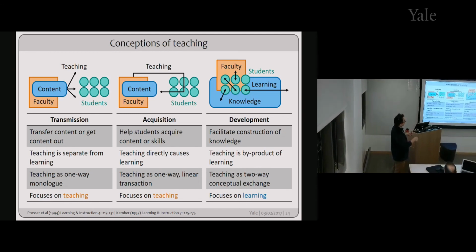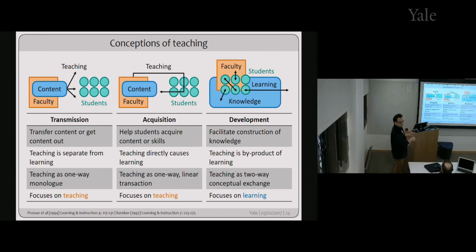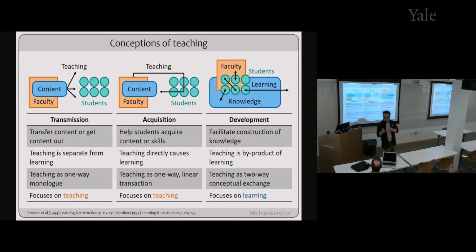because the faculty holds all the knowledge and content and skills, I have to teach it so that the students can learn it. Right, in the last one, where learning is really sort of a two-way construction, the faculty and students are working together in developing a new understanding. Like that new understanding may just be new for students, right?